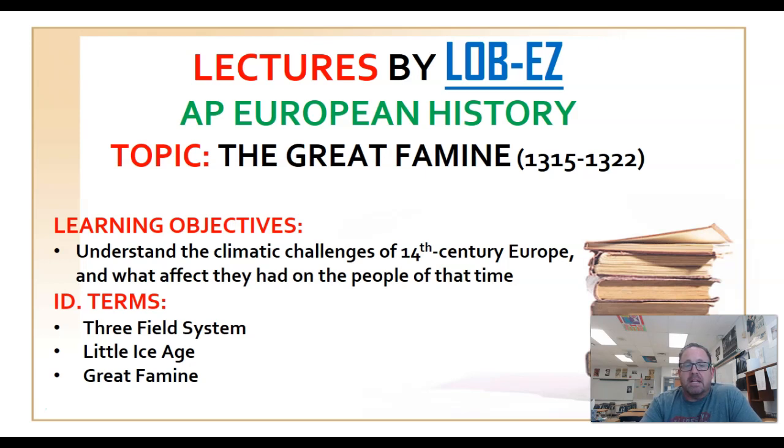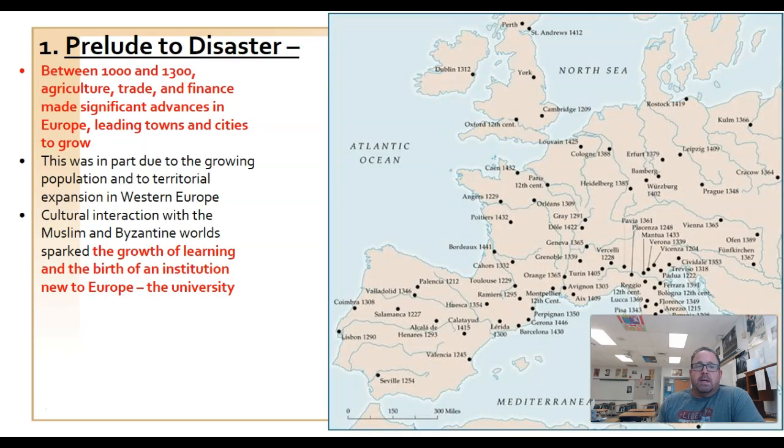We're talking European history, dates 1315 to 1322. So we're going to talk about some climatic challenges that affected Europe during the 14th century. And in particular, we're talking about the three-field system, something called the Little Ice Age, and then the Great Famine. All right. So prior to this time period, if we go all the way back to the Middle Ages, let's